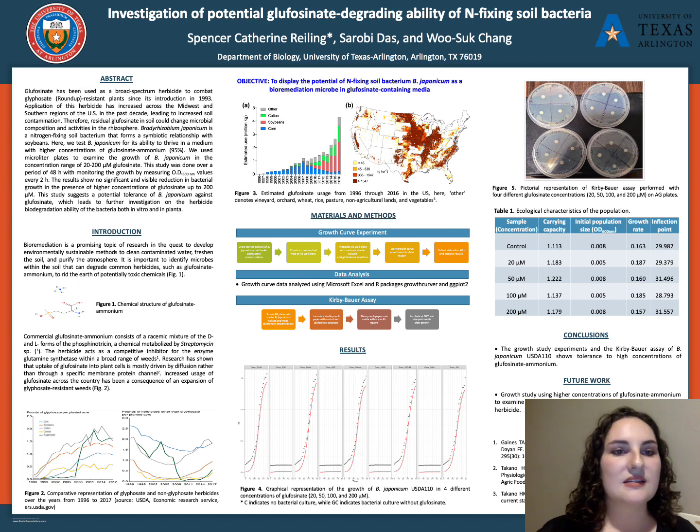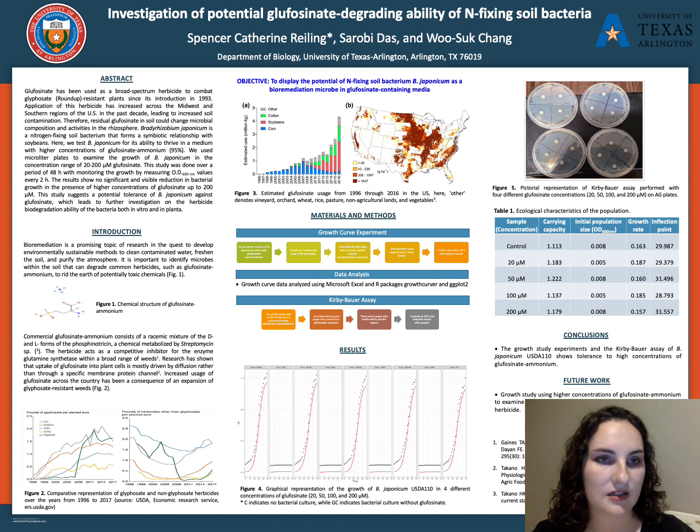And so we can see a correlation in recent years of glyphosate decrease of use and non-glyphosate herbicide increase of use in figure 2. On the left, we can see a bit of a decrease in glyphosate herbicide use in the past 9 to 10 years. And on the right, we see a slight increase in the use of non-glyphosate herbicide in the past 9 to 10 years. And so glufosinate ammonium has taken the place of glufosinate as a common herbicide, and we